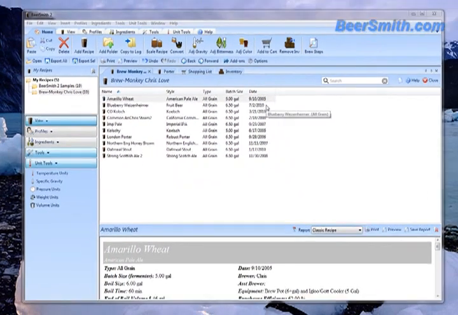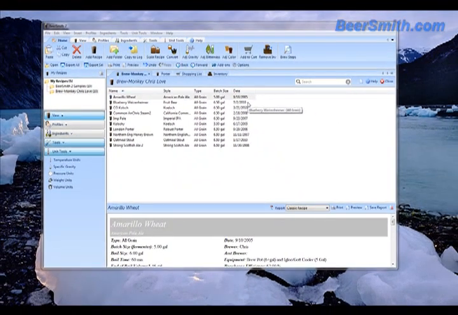Now, I've really only just scratched the surface regarding the dozens of new features in BeerSmith 2, but you can give it a try yourself by downloading the free 21-day trial from BeerSmith.com or by watching the additional videos available